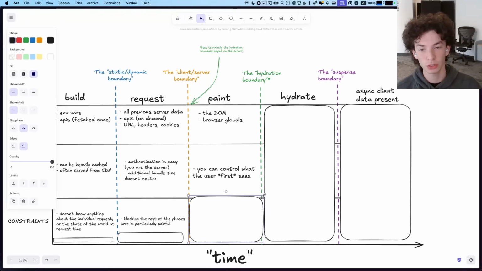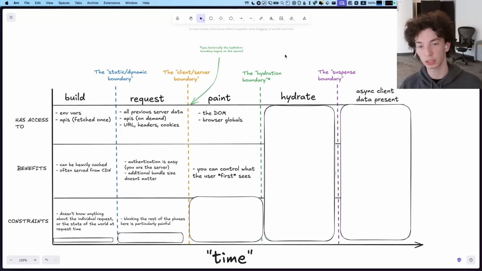Now, the benefits of this stage are you can control what the user first sees, right? Because whatever is in that HTML document or happens very, very quickly after the browser receives it is what the user is first going to see. So if we want to eliminate flickers, which is what we saw in the examples at the start, then we're going to have to pay a lot of attention to this phase to make sure that we get a perfect first paint and we don't have any changes before the next step, which is hydration,